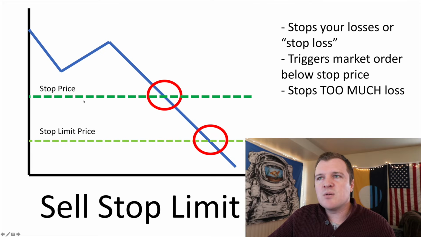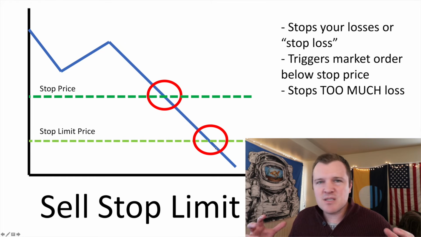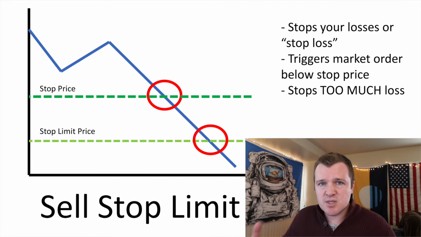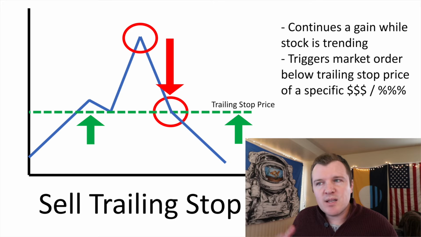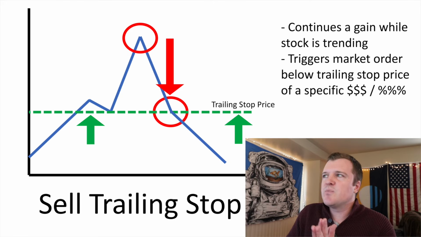So that would be your stop price of 90 and then your stop limit price of 70, saying if it gets below 70, I'm just going to hold on to the stock. I'm going to hopefully wait for it to go back up before I then unload it because I'm losing too much on this sale. A sell trailing stop is really interesting because you're basically setting a fixed amount, either a